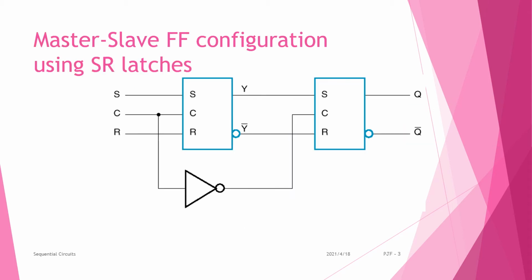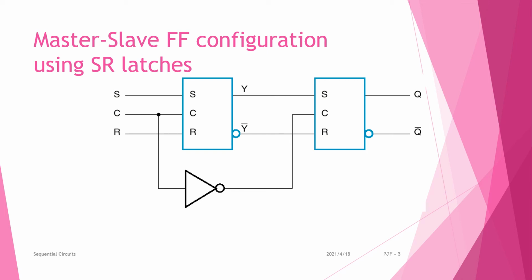Then how to implement using the master-slave flip-flop: the first one acts as the master and the second one acts as the slave circuit. Here the master controls both the slave and the output session. Only when the master produces an output does the slave turn on; otherwise it goes to the off condition.